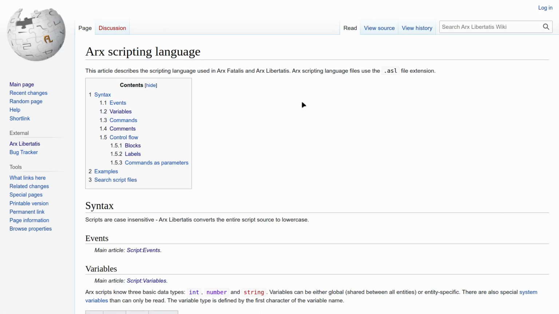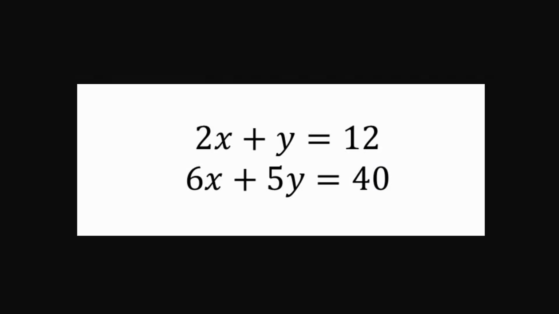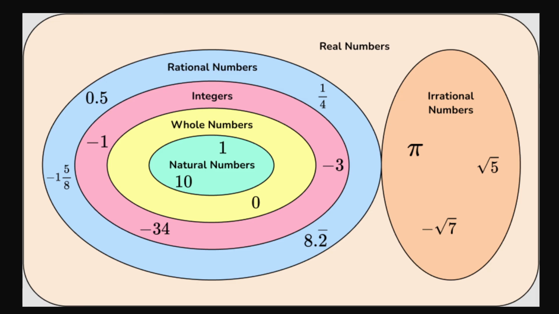If you scroll a bit down on this page or click on the variables link in the table of contents, then you will jump to this section on this page, which describes the variables of the Arx scripts, but it doesn't really tell you what variables are in the first place. If you remember the math classes, we had these horrendous expressions, and x and y and other symbols which were not numbers were variables. And those variables could contain numbers with different types, like we had integers, rational numbers, real numbers, etc. But programming takes this to the next level, as different variables could not just hold numbers, but other things like